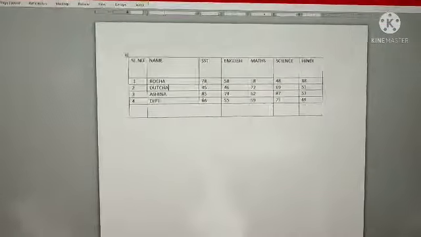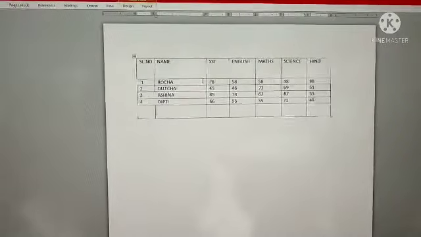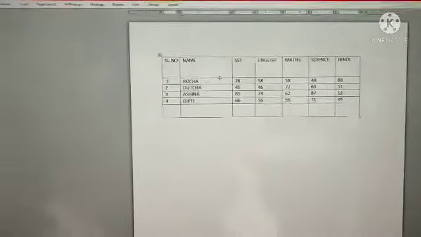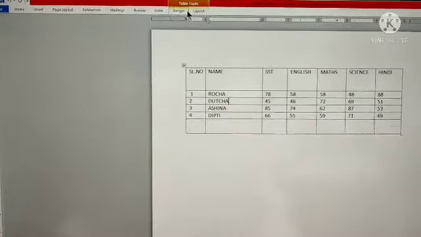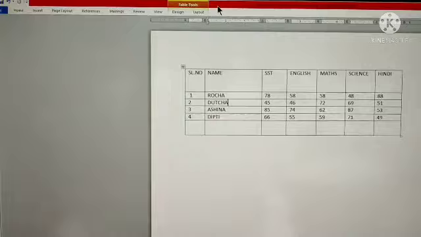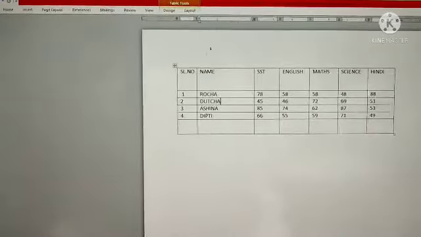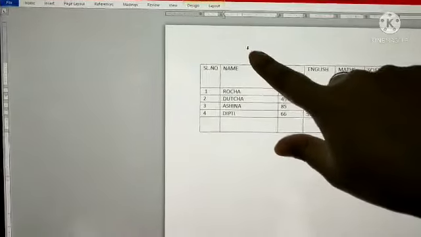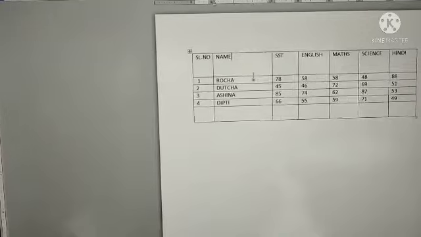There is another method also to increase or decrease the size of a column or row. Suppose we don't want to use that method, maybe it is a little bit lengthier also. So what to do? Bring the mouse pointer here.